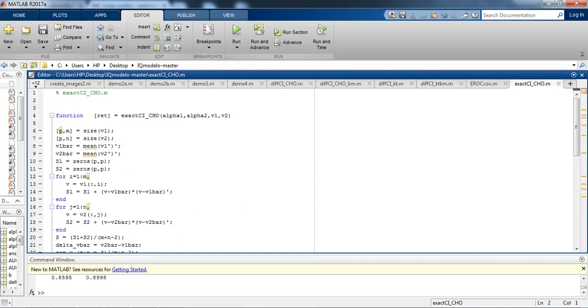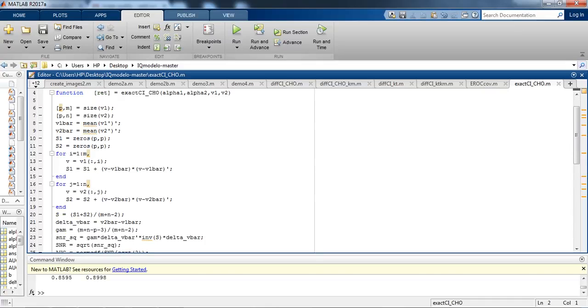Okay, this file is basically a description for a channelized Hotelling observer that is returning exact confidence interval for SNR and AUC. In this we are giving input as alpha 1 and alpha 2. Alpha 1 is basically lower significance level and alpha 2 is basically the upper significance level. We are giving the input as V1 and V2.